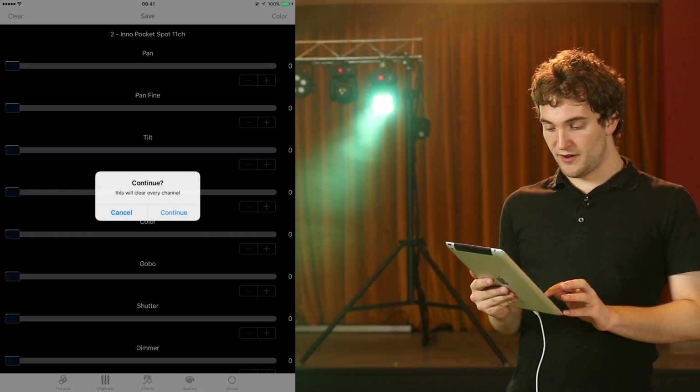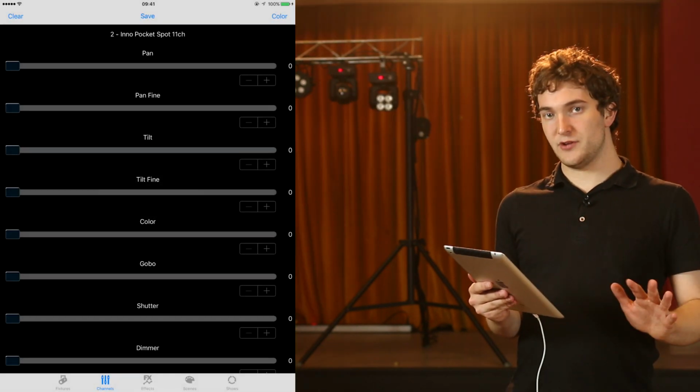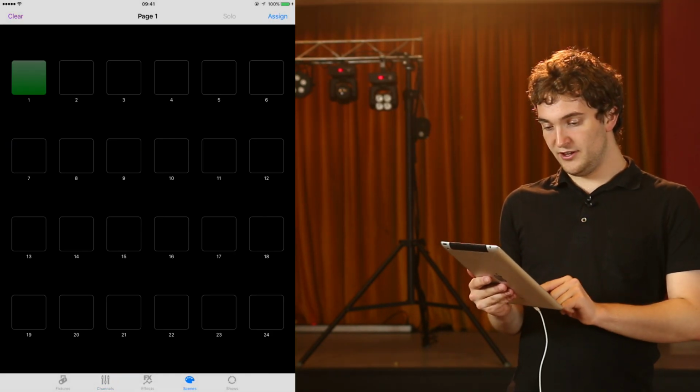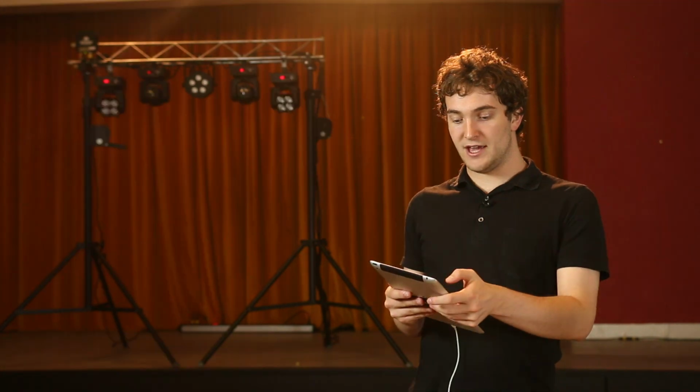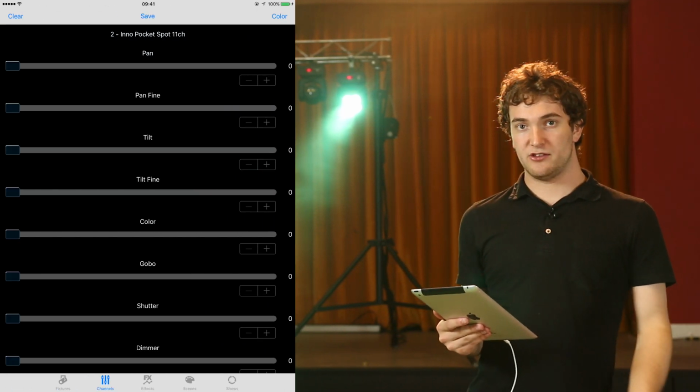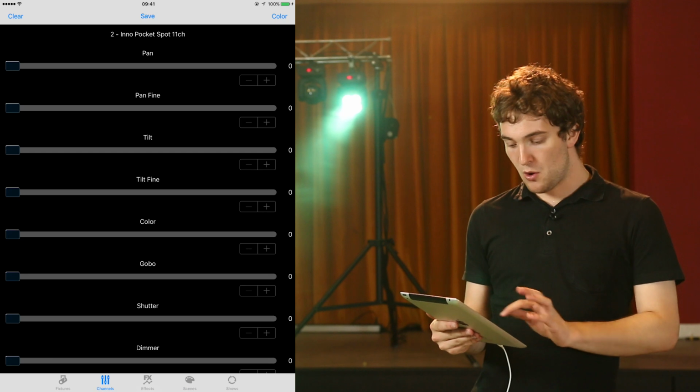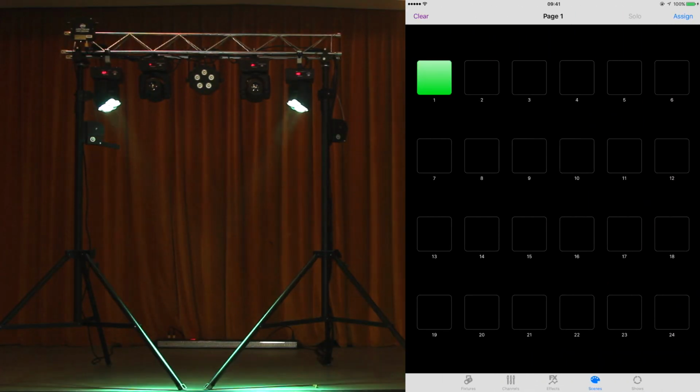So now I'm going to clear all of our fixtures, so everything is turned off. And if I go into the scene bank now, you can see that the position and all of the attributes of those inner pocket washes are now saved into scene 1. It's also important to mention at this point that the software works with LTP, which means latest takes precedence. So even though I've currently got these lights selected into scene 1,